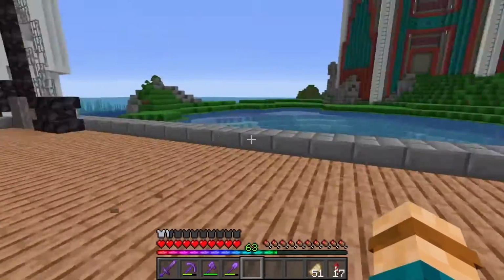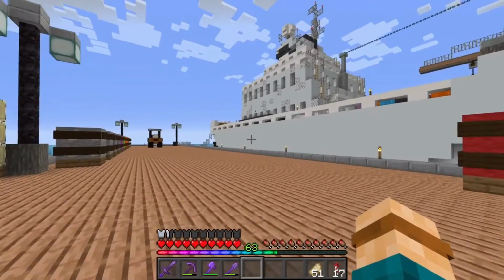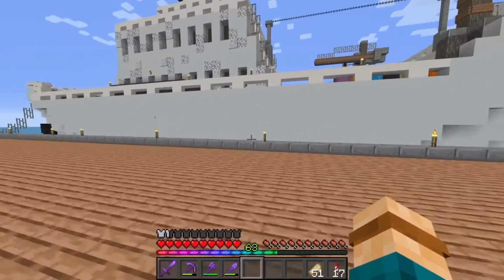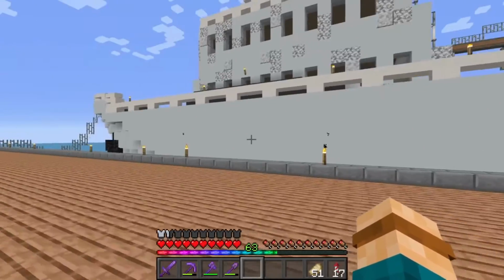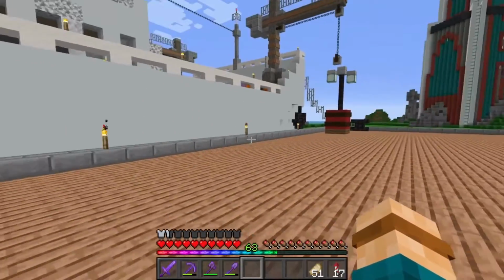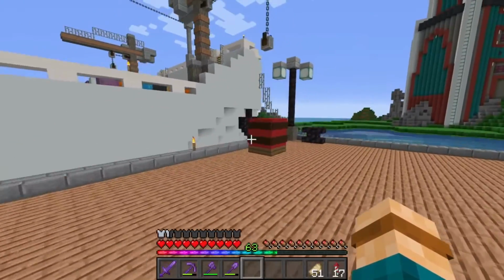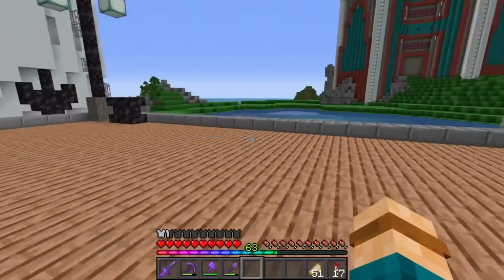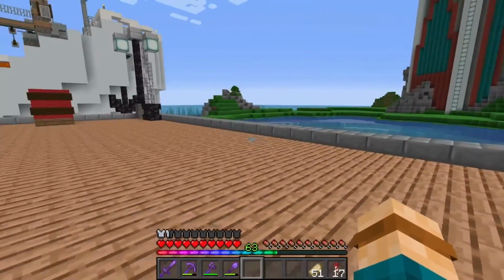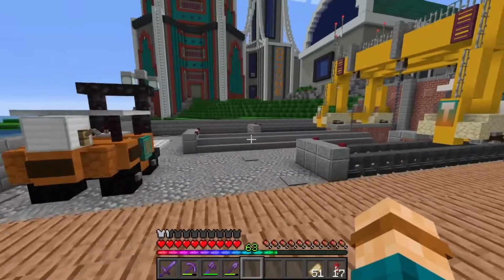I do want to get a little bit more detail along this side here, and then we'll get the little planks going into the sides of the ship here, so I'm thinking maybe two, one about here, one about here. That'll fill in this side a little bit more. So really we just need a little bit of detail along this side. I'm not totally sure what I want to do yet, but I am running out of time